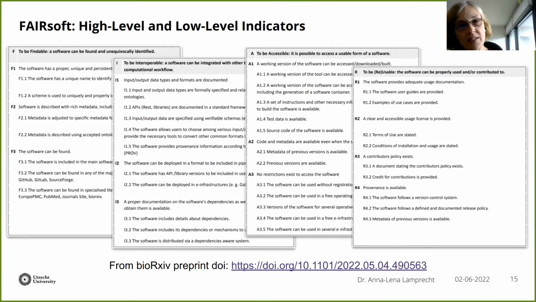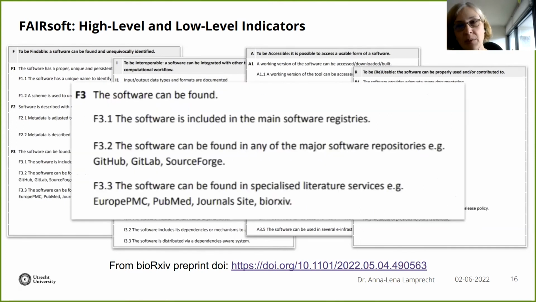So they have this table of FAIR for research software principles, which are not exactly, but very much in line with the principles as suggested by the FAIR for RS working group. And the principles would always be here, so F1, F2, F3, and so forth. And these correspond also to high-level indicators. And then what they list below is always a list of so-called low-level indicators, almost like examples of what these criteria could be, so that the criterion gets partially fulfilled, or what options for these are. I don't want to go through all of them, but just looking at some examples.